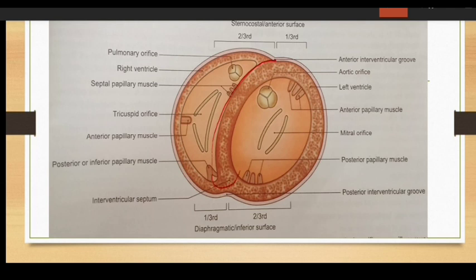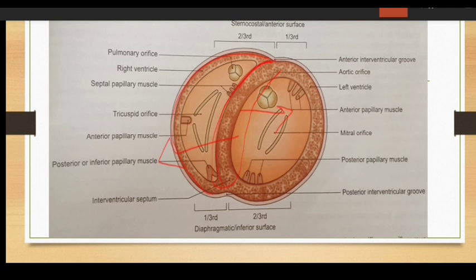This portion is known as the interventricular septum, and this is placed obliquely. One surface is on the right side and faces backward and to the left. This faces forward, right, and the other face is to the left side and backward. So the upper part of the septum is thin and the lower part is thick, right?